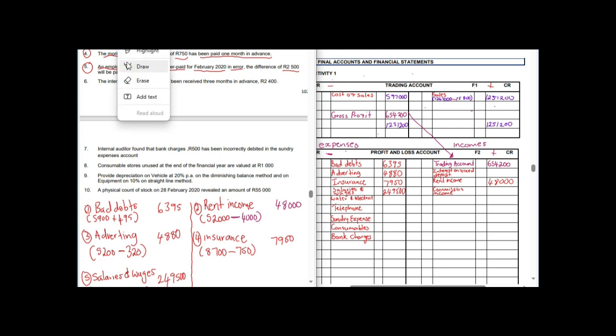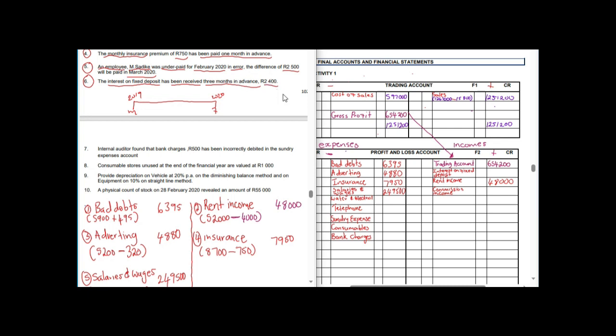So guys, let's take a look at our transaction number 6. It's as follows. The interest on fixed deposit has been received 3 months in advance, for 2,400. So guys, same thing, our timeline is as follows. It ends in February 2020, meaning it started in March 2021. So now they are telling us that interest on fixed deposit has been received 3 months in advance,